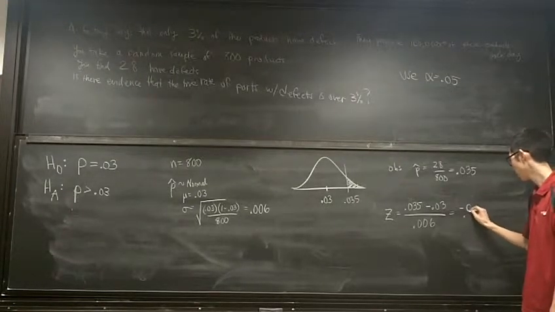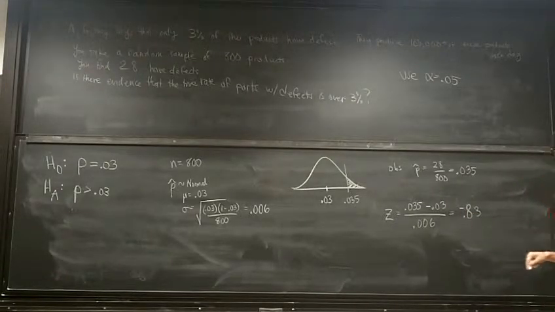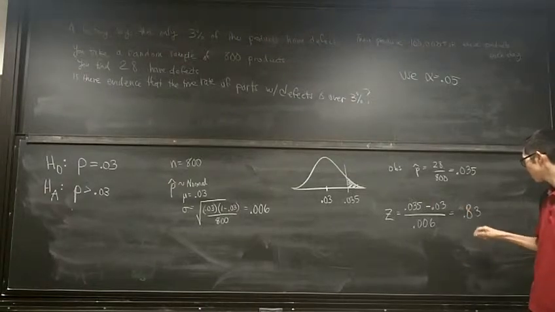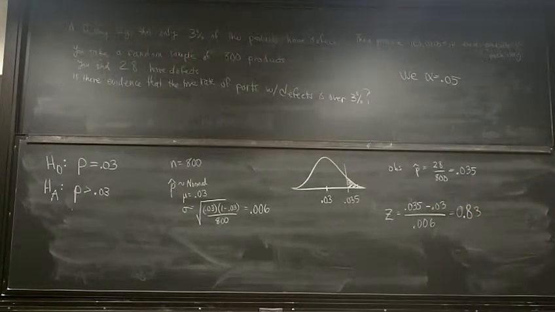Is it? Is that right? No. Yeah, I think so. Oh, I get positive 0.83. Positive 0.83, I'm sorry. So my z-score is 0.83. I gave the final answer. And it's